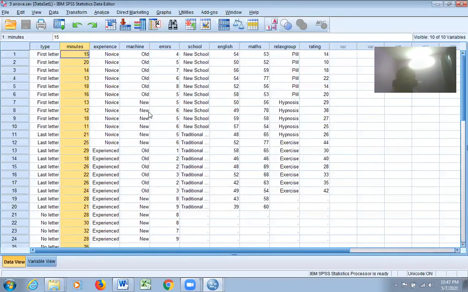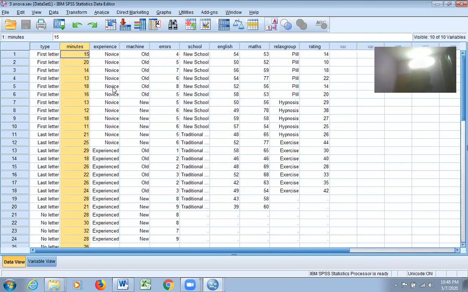So we got four different sets of data now. What we have done is that we have asked these employees to work on the machines and we recorded how many mistakes, how many errors they committed over a period of time. The number of mistakes they made was recorded. Fine. So two independent variables: experience of the employees and the type of machine.